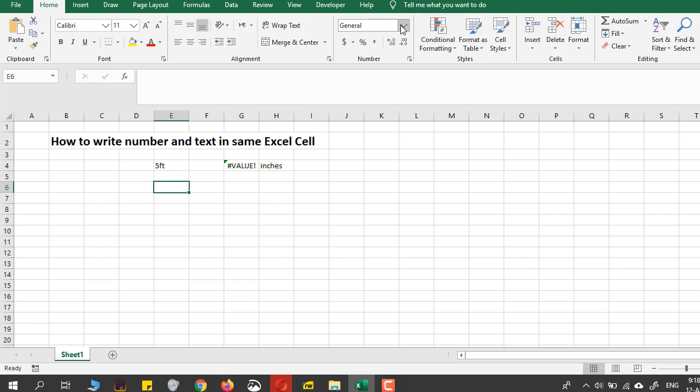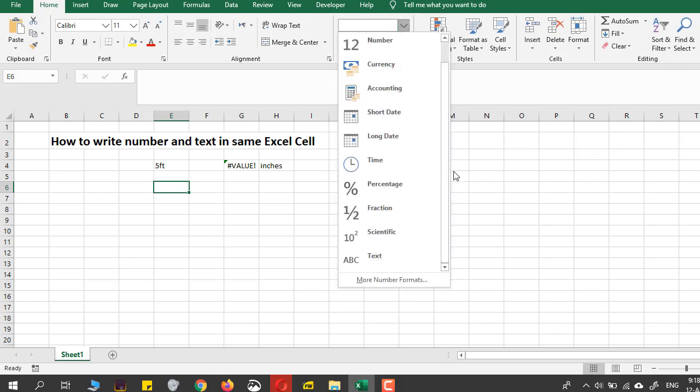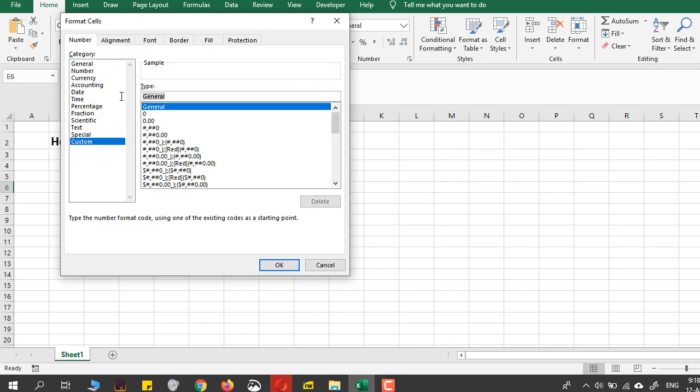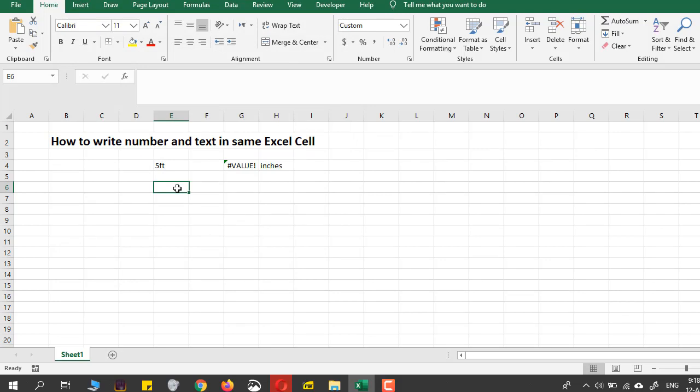I will come in here and click this button, come right here to more number formats, and in this format you can come to the custom part and write this hash mark, so number and space and then inverted commas, and write the unit you want. For example, I want to write feet, so feet, and close the inverted commas and press OK. So when I write 5 now, it shows me 5 feet, and when I multiply this 5 with 12, it